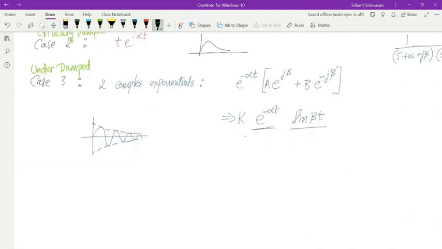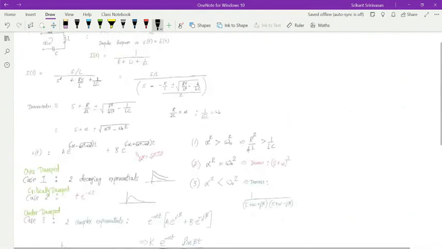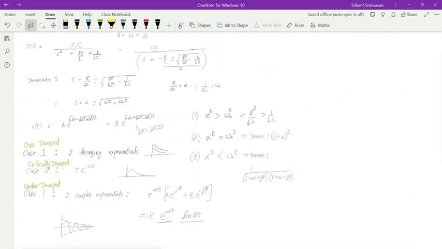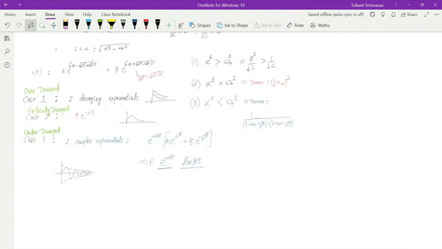So you see how we did not do any complicated math. We did not solve many equations. We just did some intuitive work. We just plugged in the value of the roots. We got the solutions. We saw that there are 3 cases with the RLC circuit. And now based on that, we can also extract the other circuits.